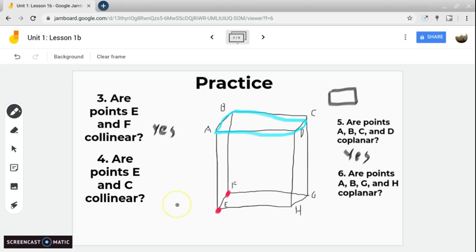4 and 6 are a little trickier. And from the notes that I took, I actually got both of them wrong. So this is the tricky part about this section, standard 1.1. You just have to know these little rules and stuff. So are E and C